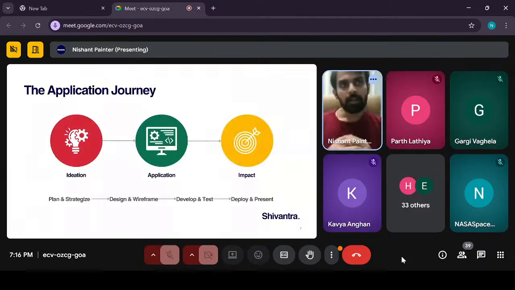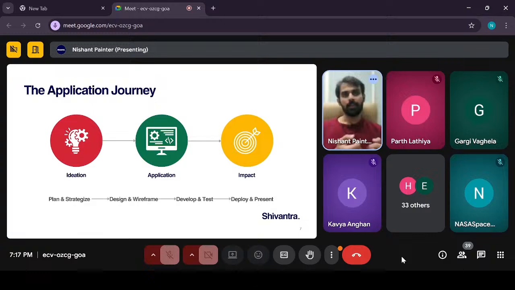So there is a journey in designing the application, on how you go from an idea to impact, because this is what we are really looking forward to when we are looking at the challenges provided by NASA. Here the ideation part is not specific to the challenge, but it is specific to the objective of the challenge. If you go through the challenges presented on the NASA Space App website, you will see that each challenge has a problem statement, and it has a very specific objective or outcome, which is what you should be focusing on while you are ideating your solution.